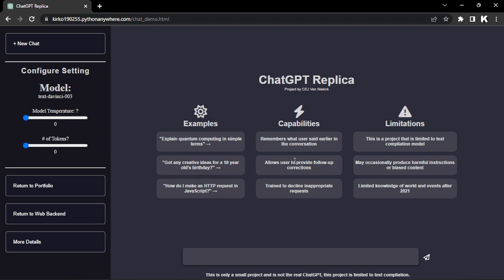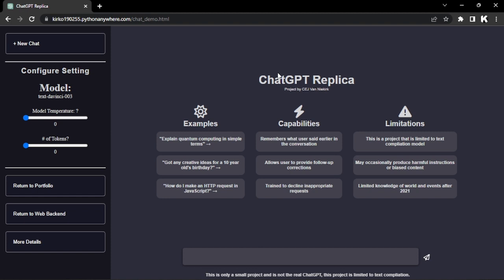The basic UI of the project is made to mimic the ChatGPT official website. The key difference here is that this project does not save the previous chats and some minor CSS and HTML